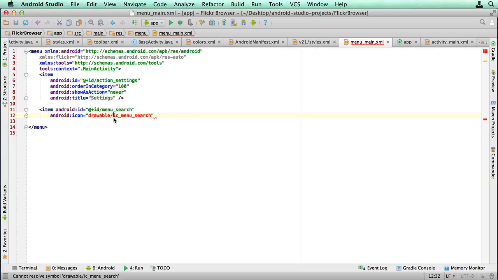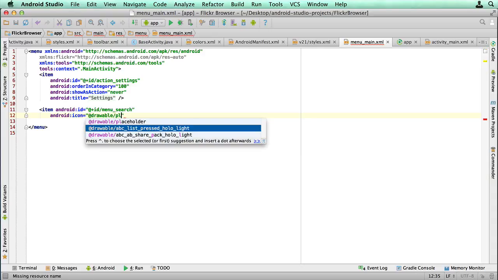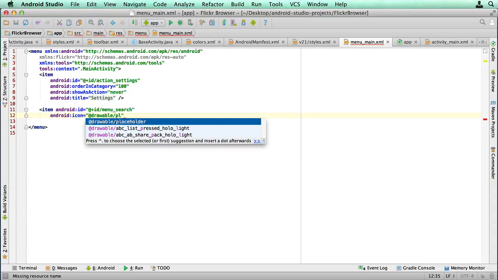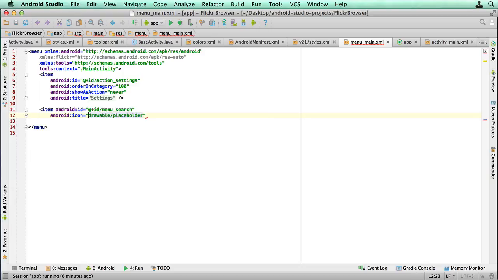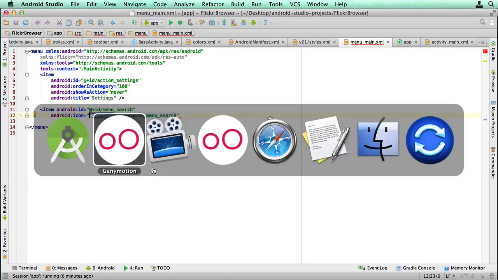The reason we get a red error is because it's now looking in our folder, and if you recall from previous videos, the only one we should have in there is placeholder. Placeholder like so. And we've got a couple of other default ones, but basically placeholder was the only one we added. So we'll just undo those changes, but because we're specifying @android:drawable, that actually goes to a menu option that's built into the system. And there's a lot of different icons. And just to show you,